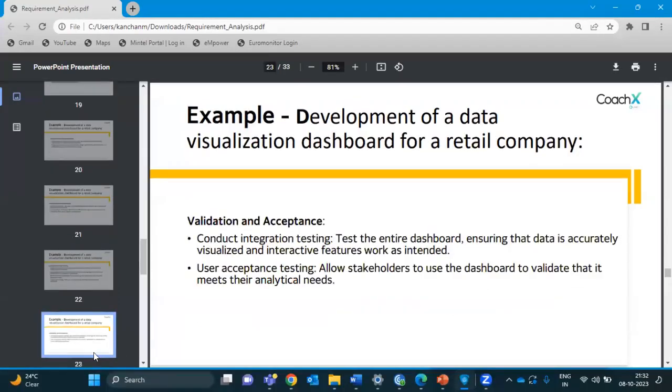वैलिडेशन एंड एक्सेप्टेंस, आप टेस्ट करोगे, टेस्टिंग टीम टेस्ट करेगी और फाइनली यूजर या क्लाइंट भी टेस्ट करेगा कि ये सारे ग्राफ्स बरोबर है या नहीं, जो टेस्ट किए वो तरीके से बने हैं या नहीं, और फिर आपको वो एक ईमेल या एक साइन ऑफ देगा कि हाँ ये प्रोडक्ट बना है एंड अभी हम इसको प्रोडक्शन में डाल सकते हैं।